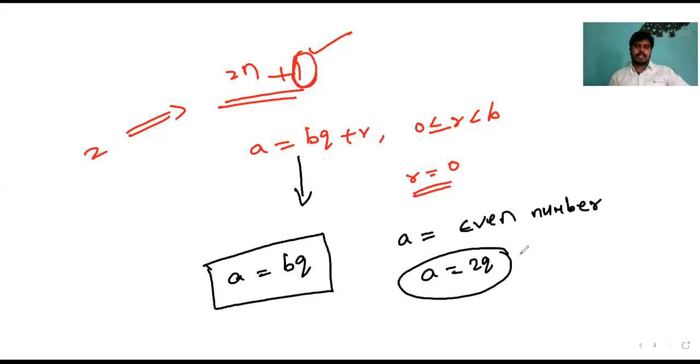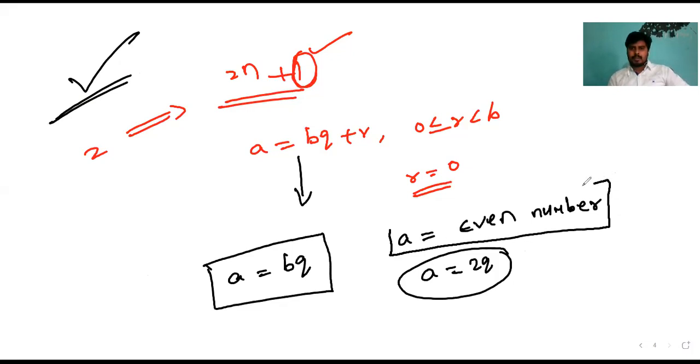Did you get that? Any doubts for this explanation? You can raise your hand and ask. This is very important. In exercise 1.1, you will get one long question on the basis of this concept only. Suppose my a is an even number, then definitely r equals 0 when b equals 2.